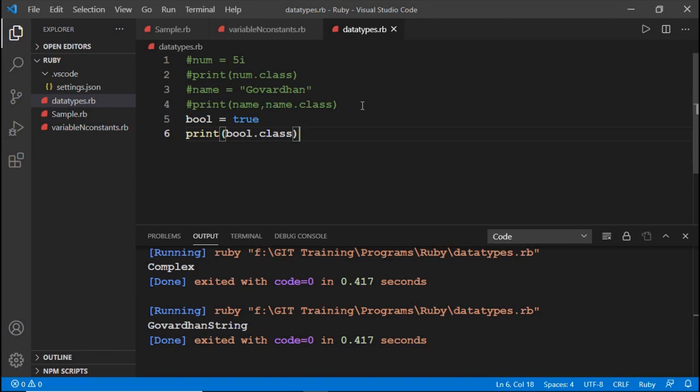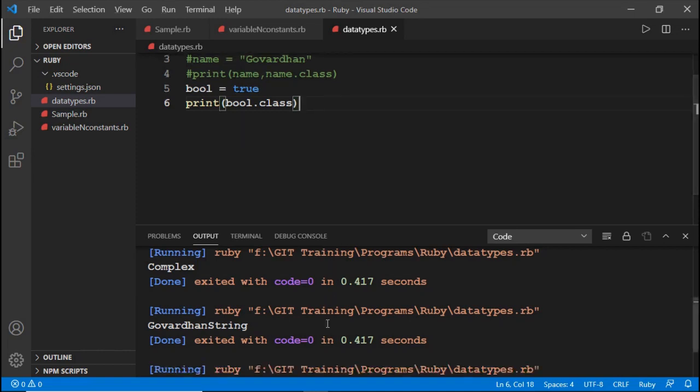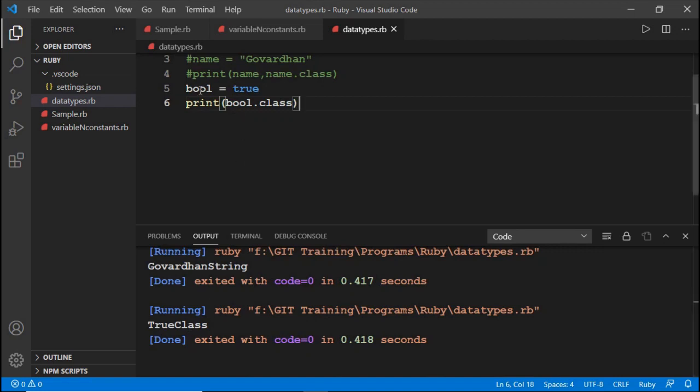So if the value is true, the class is TrueClass. Here bool value is true, so that's why its class is TrueClass. If the value is false, the class is FalseClass.